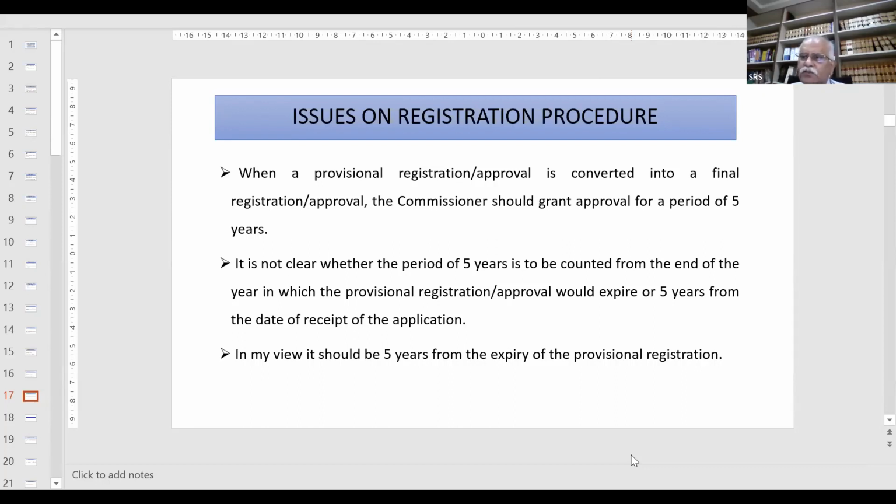Is it with reference to that particular year? They will say from that year you are getting 5 years. So this is something which needs to be clarified, and we also should know how the commissioners deal with this. Existing orders, how they have done that, we have to see when you make this application, because this is something which came only about 2 years back, and it's very likely that